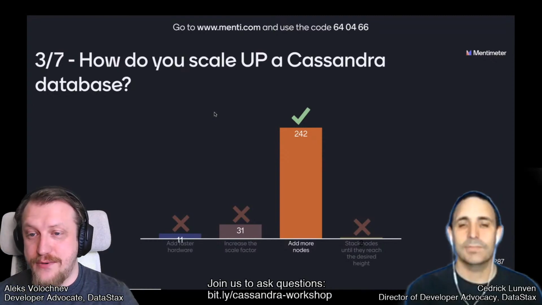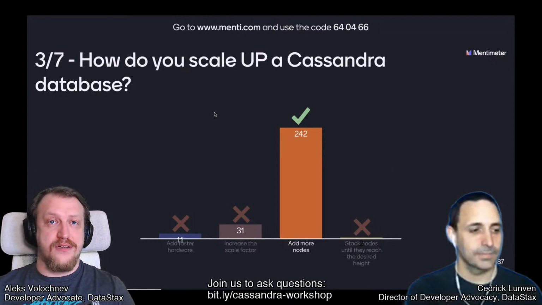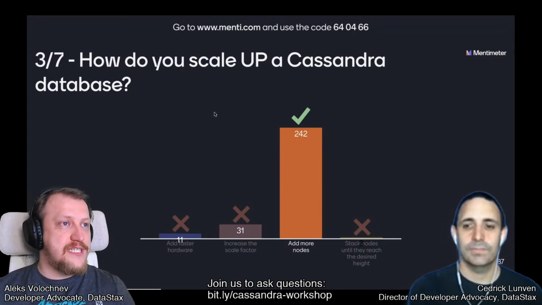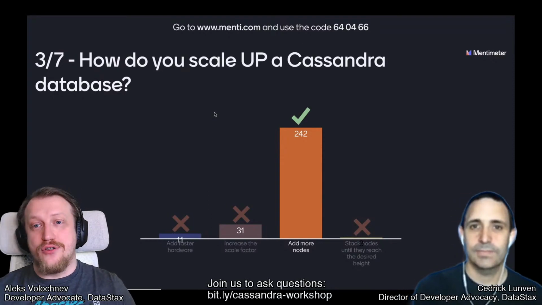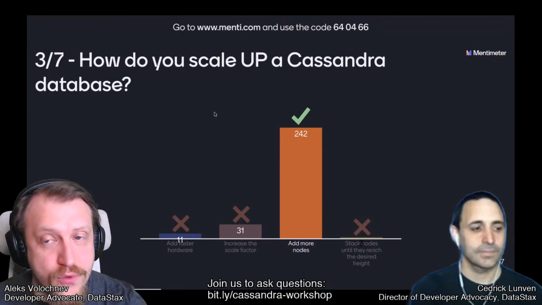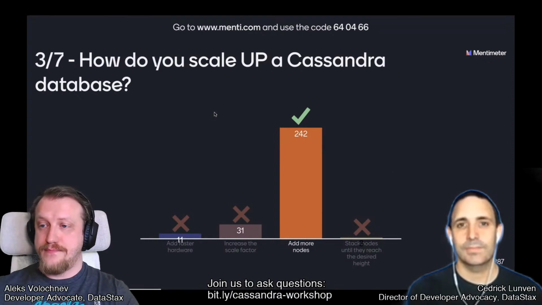And some people answered, add faster hardware. Add faster hardware is vertical scaling. That's the way to make your system more expensive, a bit more performant, but still keeping a smaller number of nodes, so you can run into some troubles. We tend to do horizontal scaling, so add more commodity nodes.